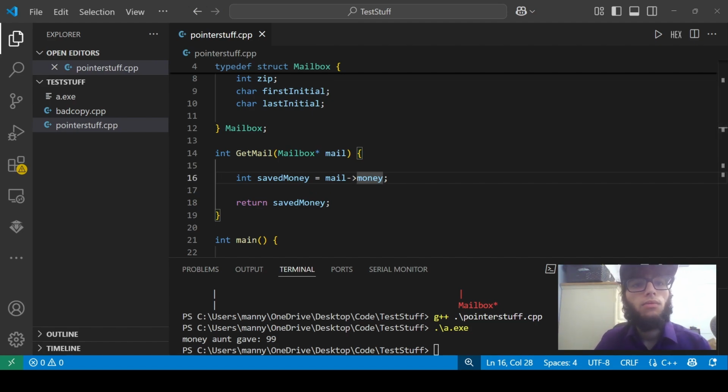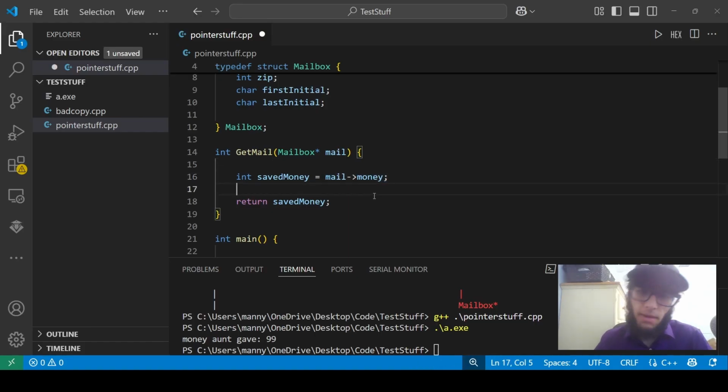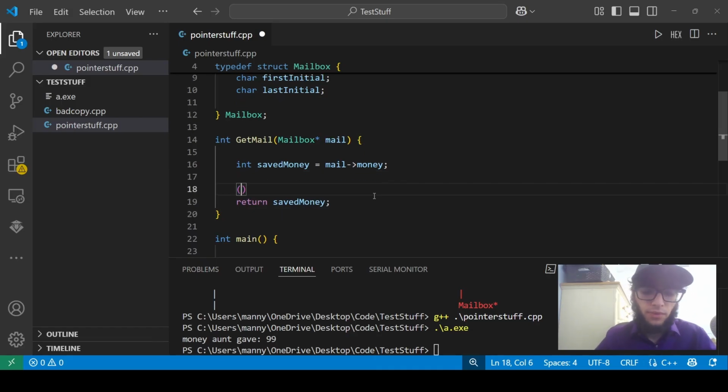So we're gonna modify the mailbox now to have $0 after we take the money out. It's pretty simple. Do the same thing. Maybe this time, how about we switch it up a little? Because there's 2 different types of dereference operators. There's dereference operators like what we just did above with the arrow, and then there's different dereference operators like